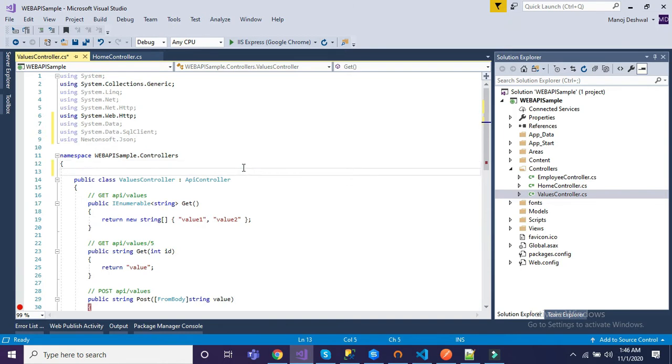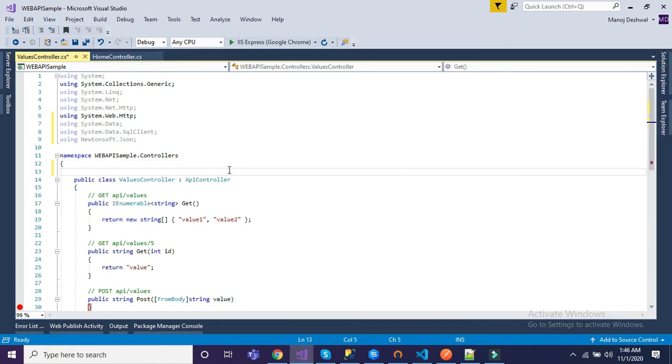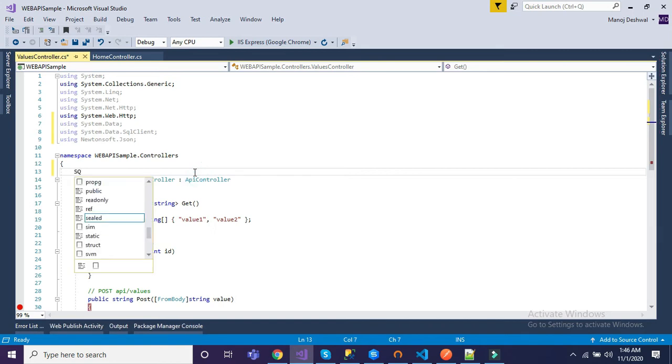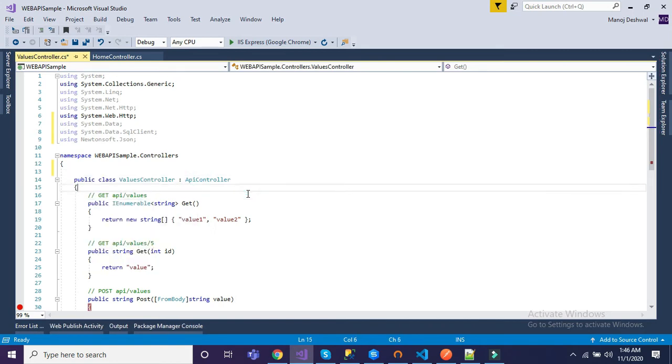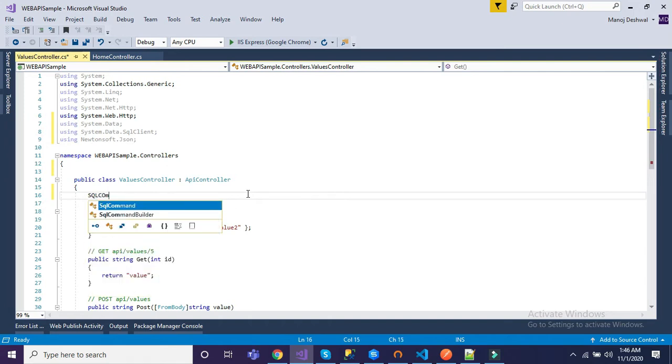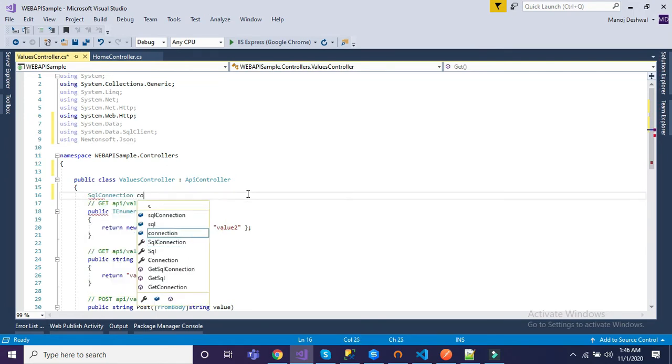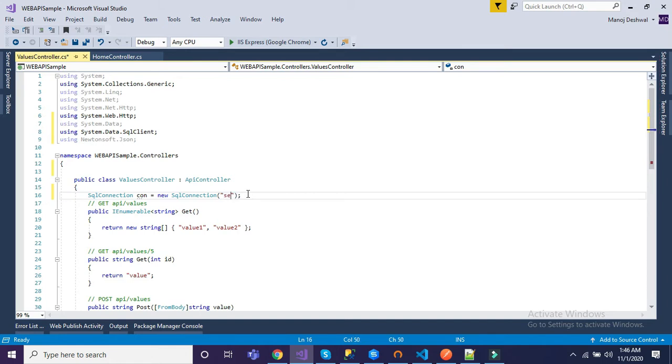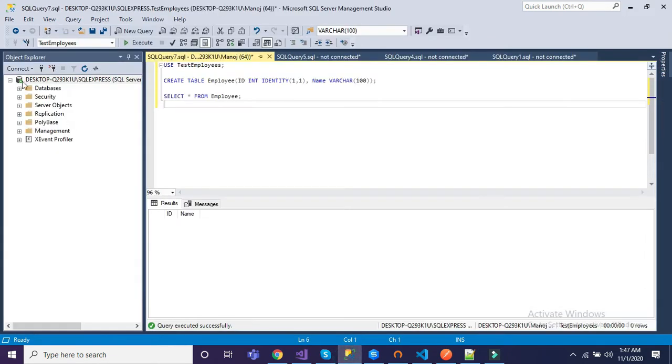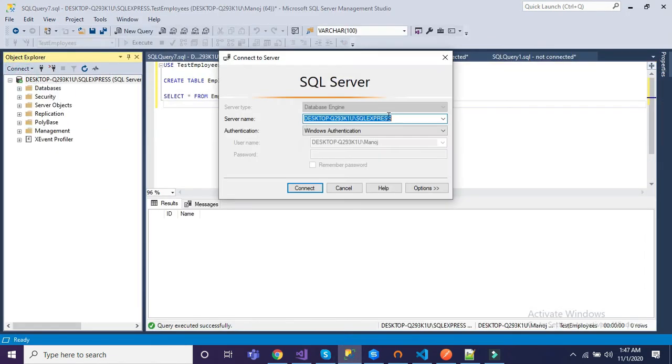Now we need to create a connection between web API and SQL Server. For that we just need to write, inside the class, a SqlConnection object, new SqlConnection. Alright, now the first property is server. Let me copy my server. So I'm using my local environment, so that is my server name.